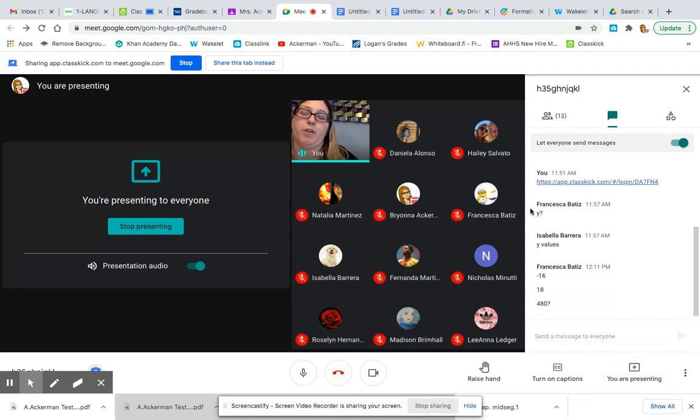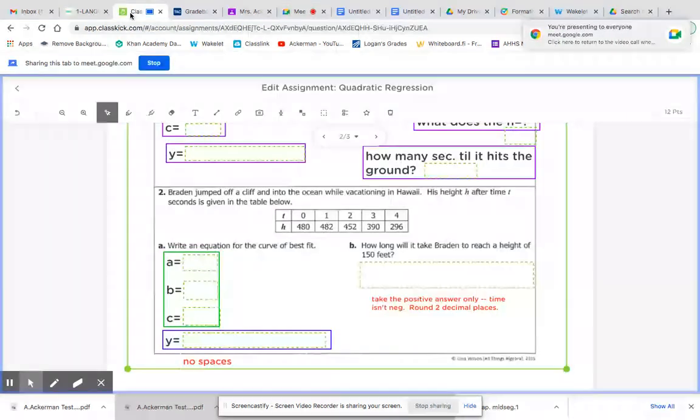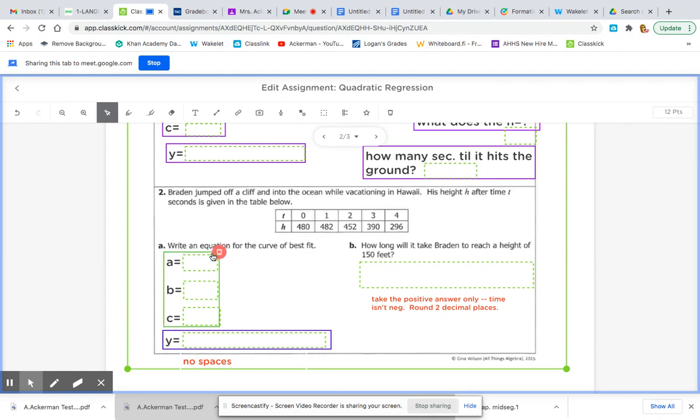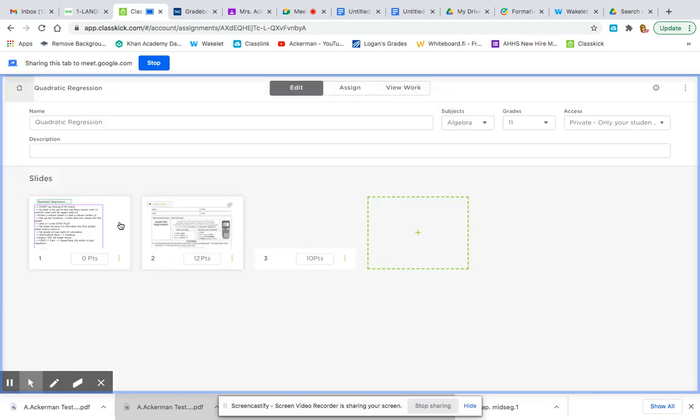Yes, good, Francesca, I think those are the right answers. So once you enter the X values and the Y values in, you have a couple options. You can go and graph it, and that's what we did yesterday. If we want to skip straight to just finding the equation where we don't need to graph it, because in this case we don't need to graph it, on the first page,